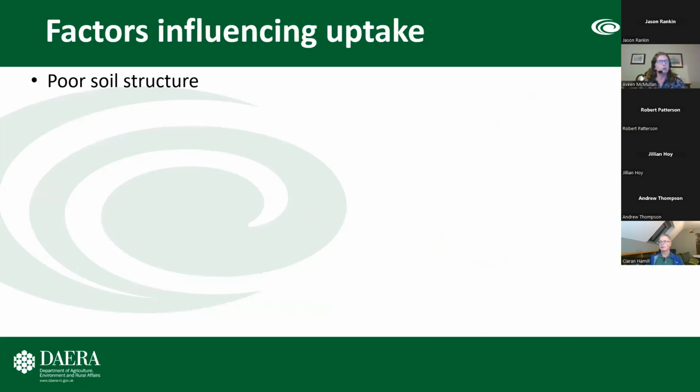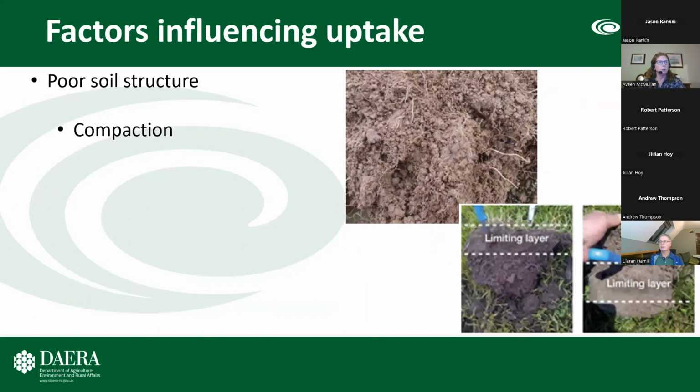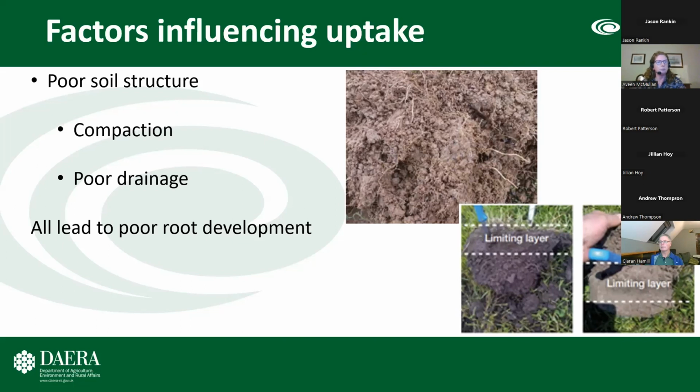So good soil structure allows plenty of air space between the soil particles, facilitates water infiltration and supports good biological activity, and therefore promotes the breakdown and recycling of nutrients. Poor soil structure, on the other hand, can be caused by compaction or poor drainage, and this will limit root development and the ability of plants to access nutrients held within the soil, thus preventing that uptake. So taking care to avoid travelling on soils in wet